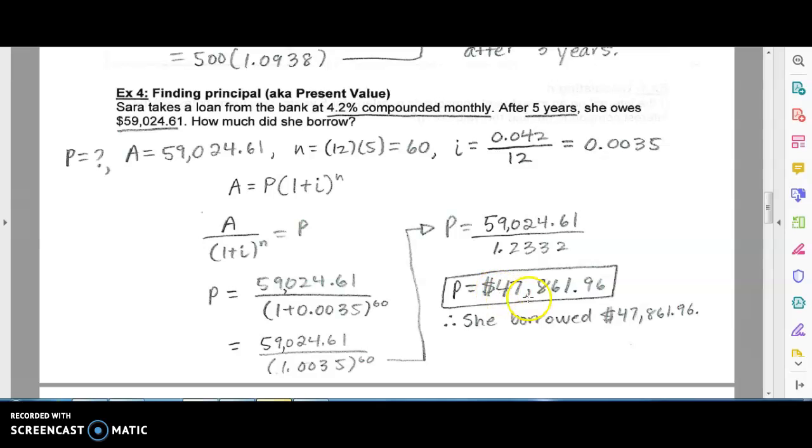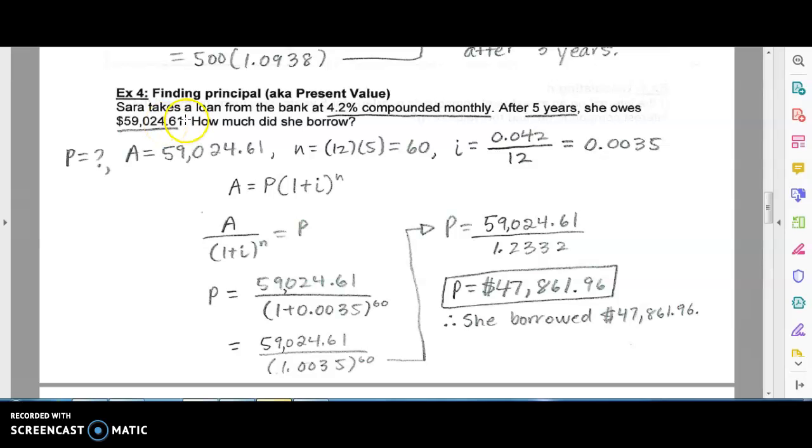So what this number means is, this is the amount of money that she borrowed at the start of the loan, or whenever she took the loan. She borrowed $47,861.96. So based on borrowing that amount, and this interest rate and this compounding period, after 5 years, she ended up owing